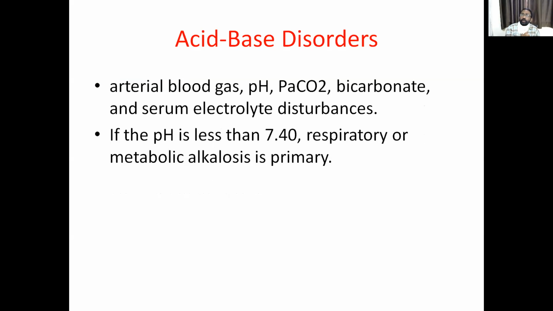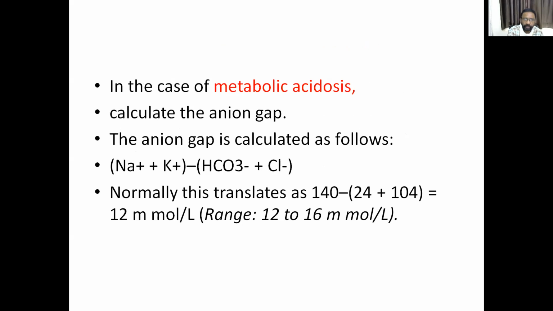Then, what about fluid and acid-base disturbances? If you take the arterial blood gas analysis, it will show whether the patient is suffering from acid-base disorders, what the pH is, whether he has metabolic acidosis or not, any lactic acidosis, respiratory alkalosis or respiratory acidosis. All those acid-base disorders will be revealed by arterial blood gas analysis, and according to the condition you should treat the patient.